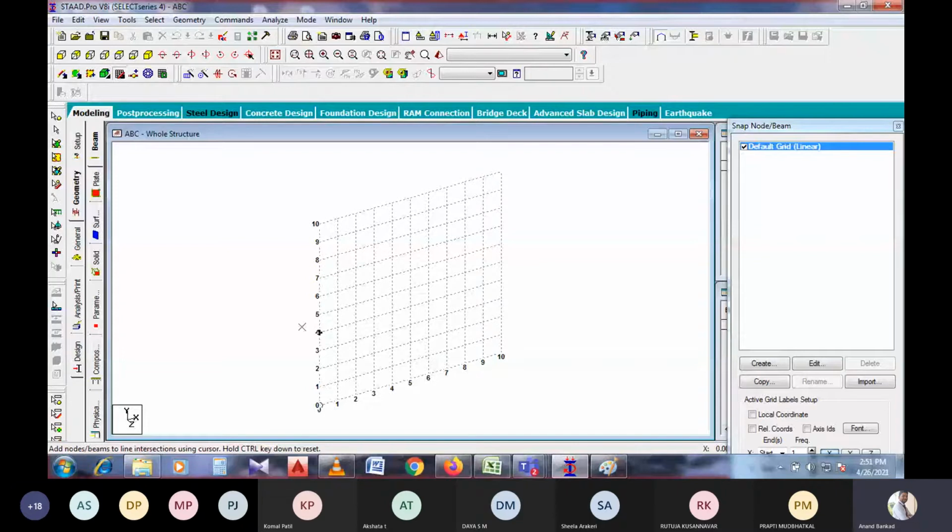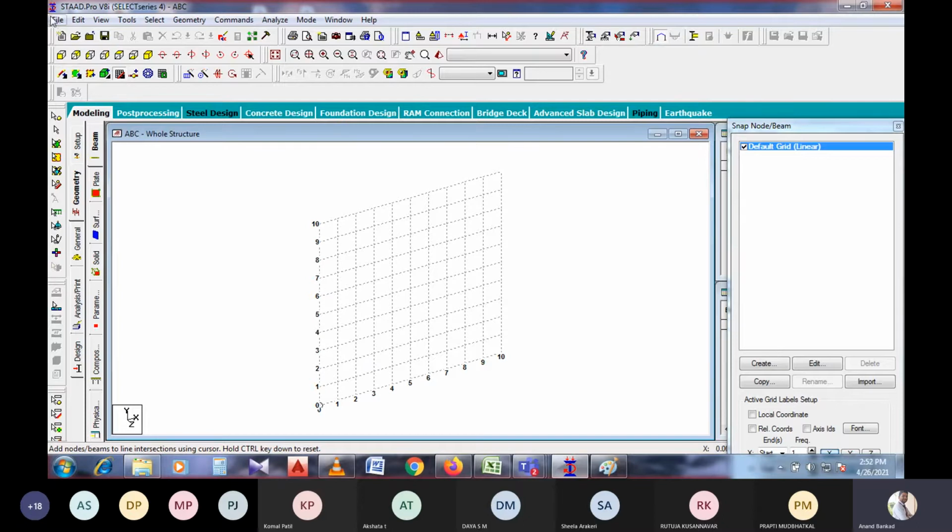That means initially a three-dimensional view, a 3D view, is provided at the initial stage. Let us consider a particular member. Before connecting or creating a member, we should know what the options are and what these functions are going to involve in the analysis, right?